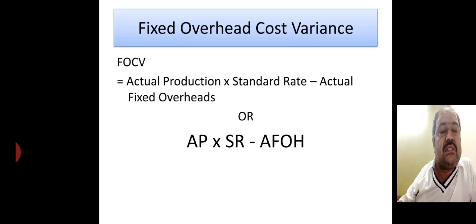Okay, so this is a very simple formula. As you know, variance means the difference between standard and actual. So the standard expense of fixed overhead for actual production, minus the actual fixed overhead incurred,